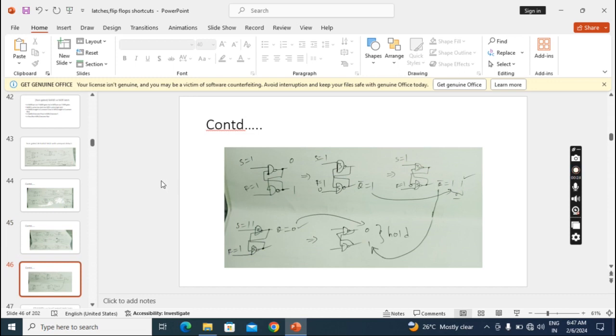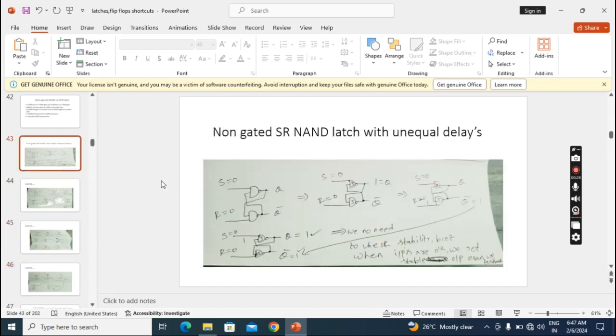Okay. So all these combinations I checked with unequal delays by assuming the upper gate is faster than the below gate, and you have to check what happens when the upper gate is slower than the below gate. Okay, that also you have to check. And finally you may think that even with unequal delays, the output is the same as without delays only, but